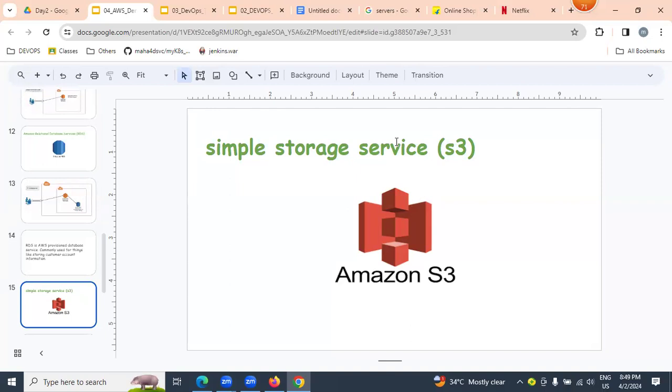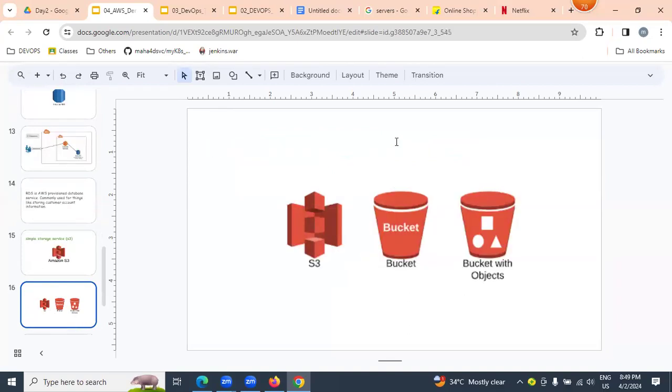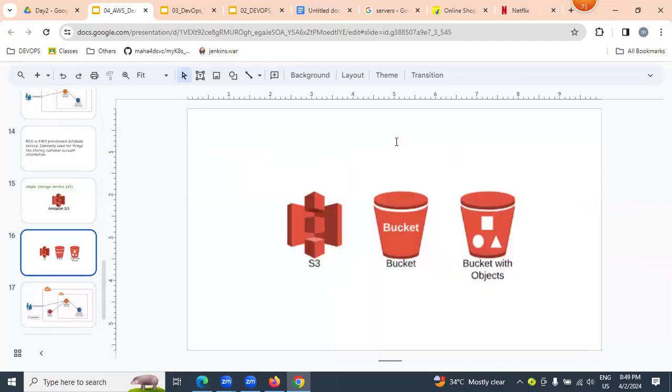With the help of S3, we can upload or download any kind of file over the internet. It is an online bucket. We can handle any file over the internet, just like Google Drive.